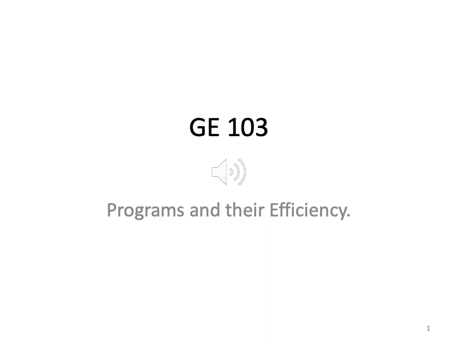So for today's lecture, what we are going to do is talk about programs and their efficiency, right? So we know how we define a program. How do we define an algorithm? It is a set of steps that can be used to solve a given computing problem, right? So if the problem is we have to find the maximum element in an array, then what would be a good algorithm? A good algorithm would be to start from the beginning and then keep on comparing, right?